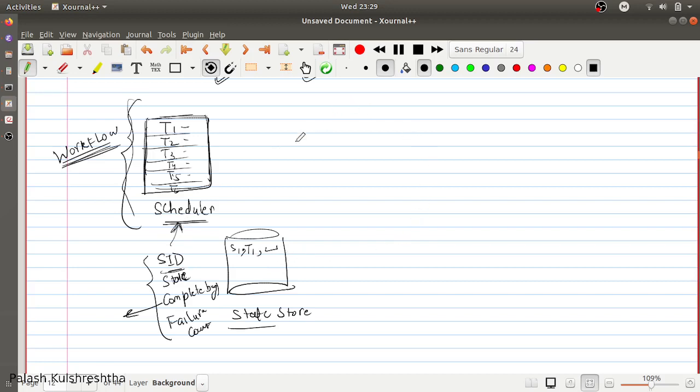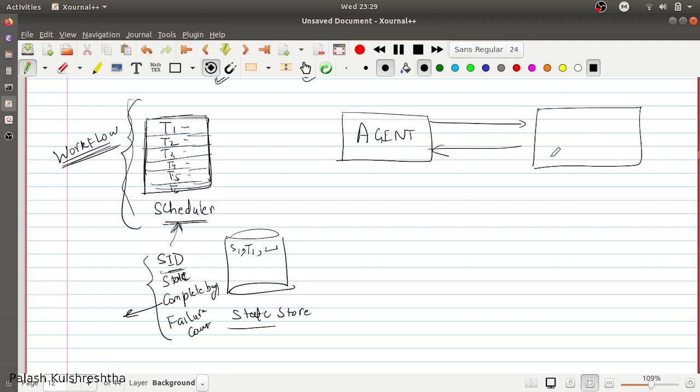If your task wants to access any remote resource or remote service, you're not going to access it directly. You will be accessing it via an agent. You will have another component called agent. This service will be interacting with the remote service or remote resource.